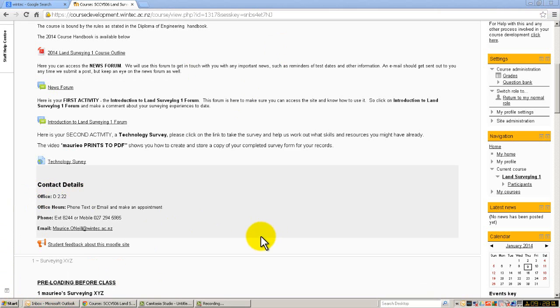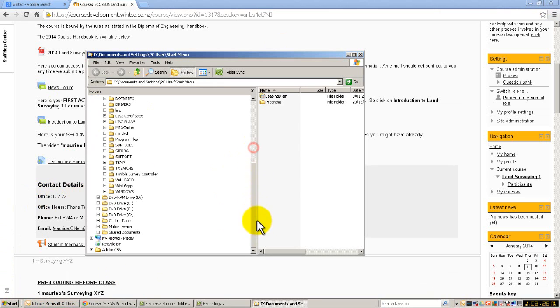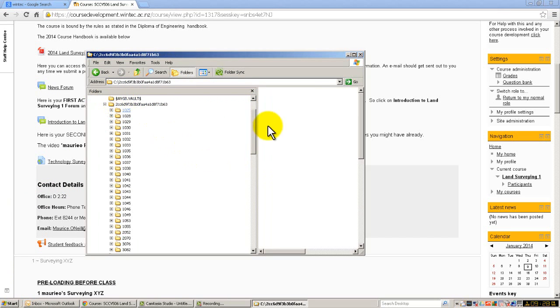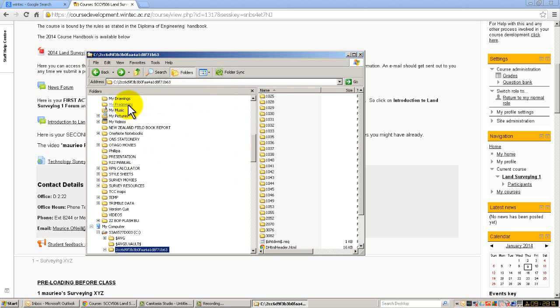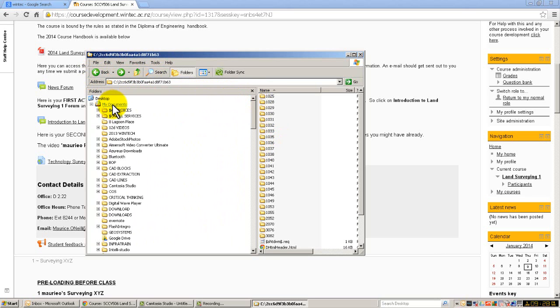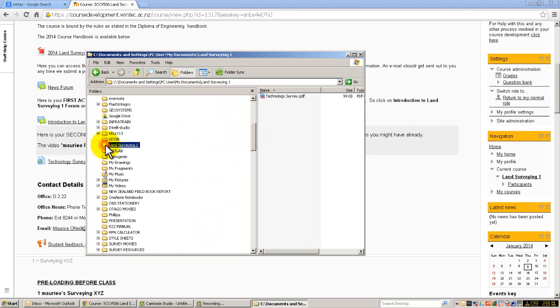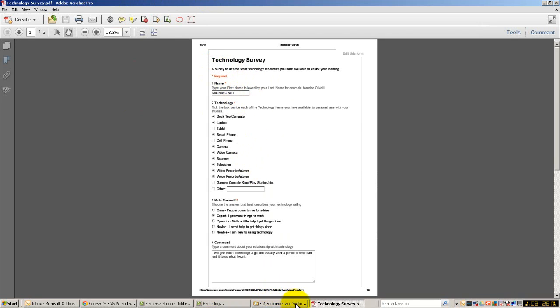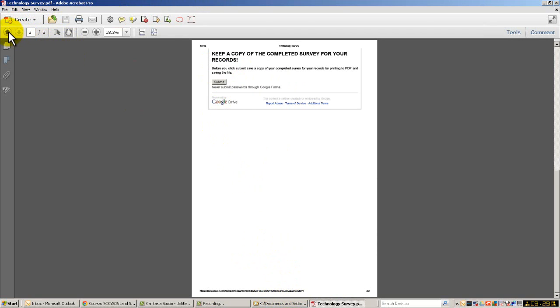So we'll just go to explore. I've right clicked on the start there, just going to explore and trying to find my documents. Here we go. My documents, and let's see if we can find land surveying 1. Oh yes, there it is, and there's our technology survey, and there it is as a PDF. I'll just push Control 0. Oh, there you go, and there you can see it's a 2-page PDF, successfully printed and